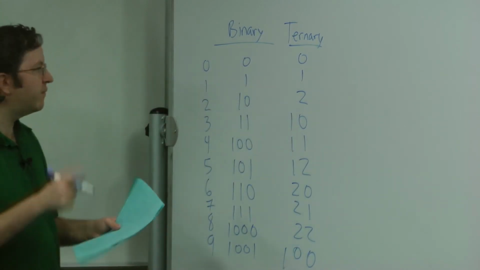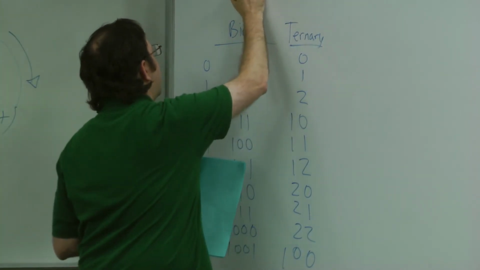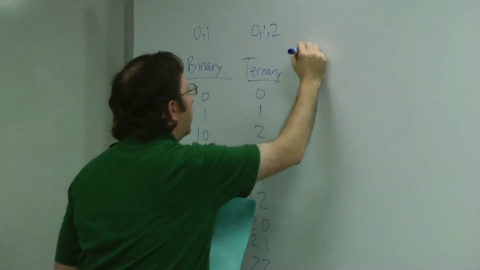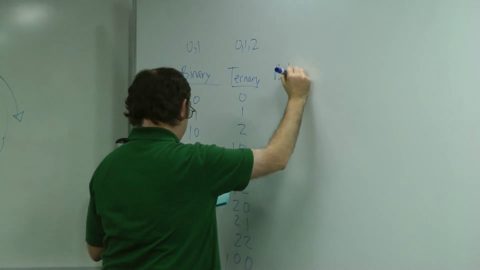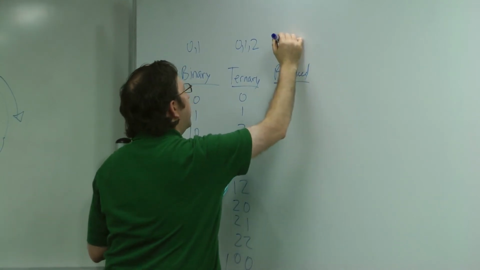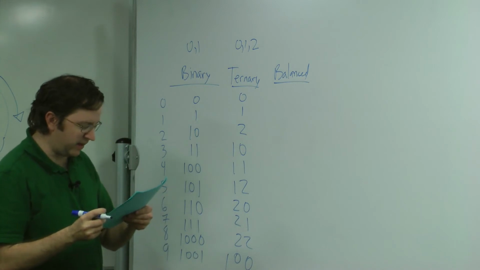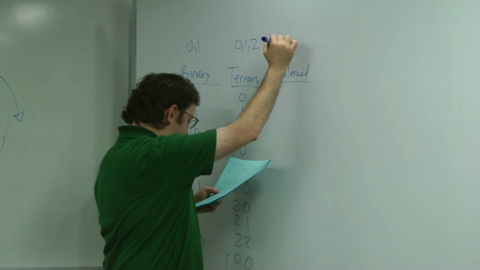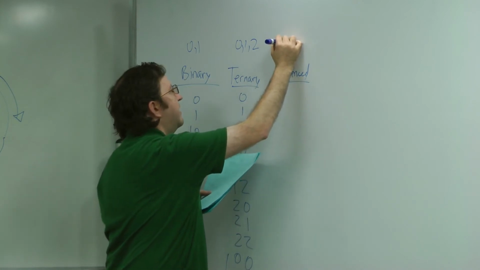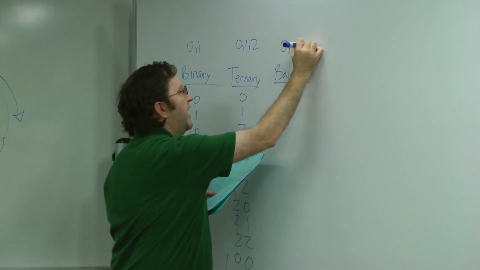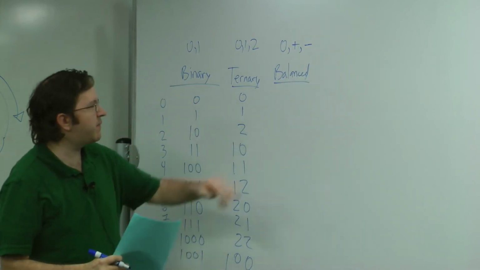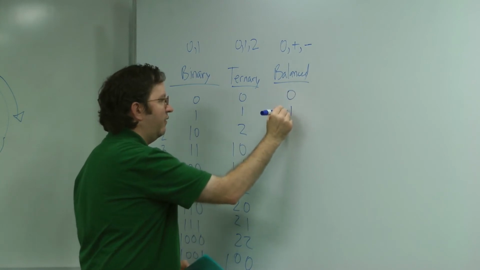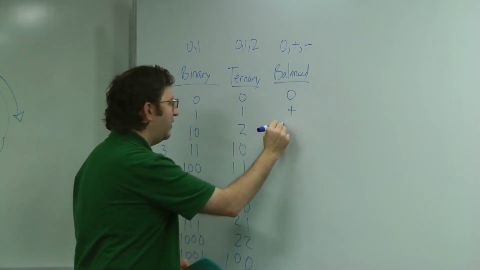But balanced ternary, basically our digits are 0 and 1, and here our digits are 0, 1, and 2. Now in balanced ternary, we do something a little different. Instead of having our digits be 0, 1, and 2, we actually have our digits be 0, 1, and -1, which I typically write as positive and negative. And so in this case, we have 0, then 1 is positive 1, and 2 is going to be 3